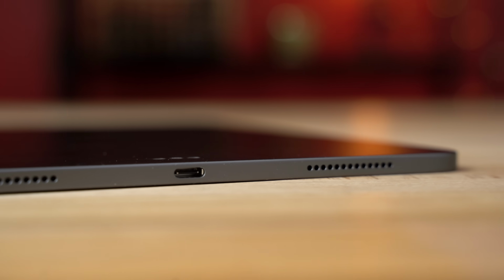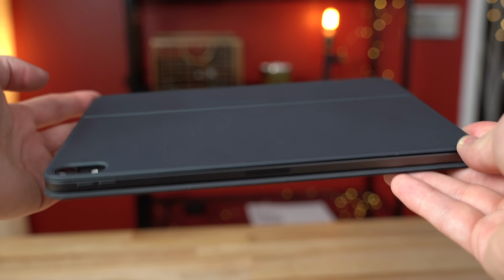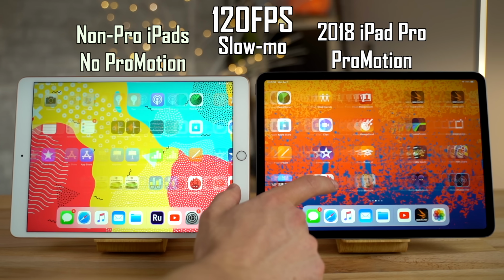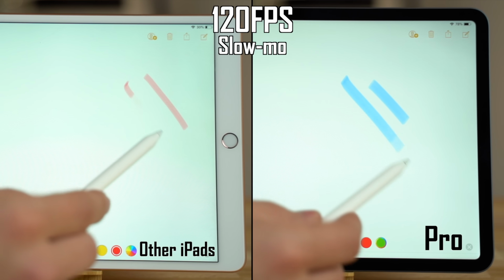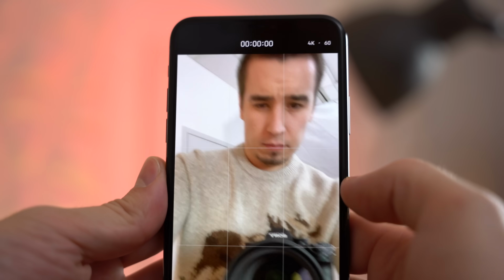Now let's discuss the features and specs we can expect to see on the 2020 iPad Pro. First off, don't expect any physical changes since it was just redesigned with the 2018 model. Unless we see a new mini LED display, don't expect any display changes either. Apple is almost certainly keeping ProMotion 120Hz technology in the iPad Pro, which will be difficult to implement with a mini LED display, but if Apple pulls it off, it'll be amazing. We should definitely expect to see camera improvements, possibly an ultra-wide lens on the rear, and the new 12-megapixel selfie